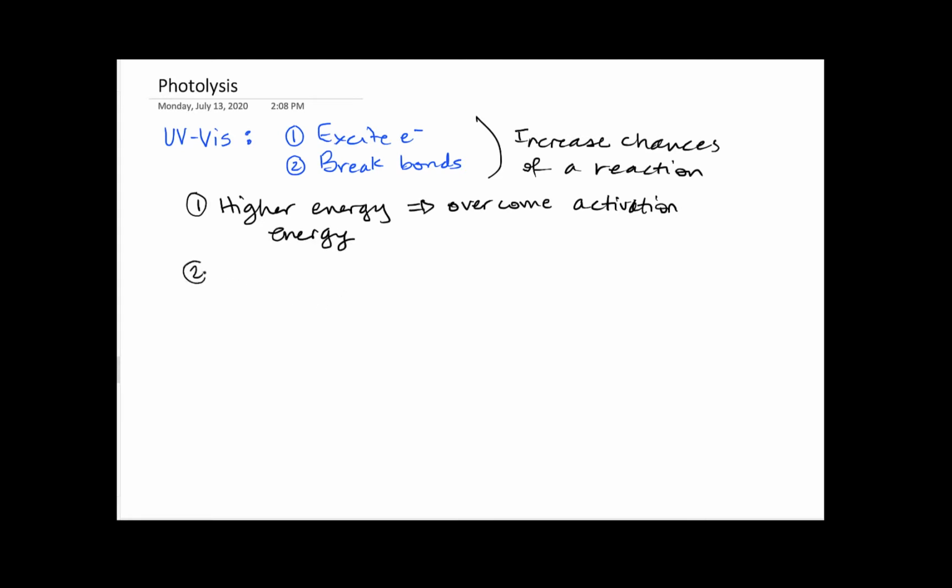The second one, breaking bonds: if we break bonds, we also create reactive particles that again might be higher energy. And we might be breaking up parts of the molecule that otherwise wouldn't be reactive. So one of these is radicals. And just as a quick reminder, a radical is an atom, or a molecule fragment, that has one or more unpaired electrons. So a chlorine radical, remember that chlorine has 7 valence electrons, and so if it is